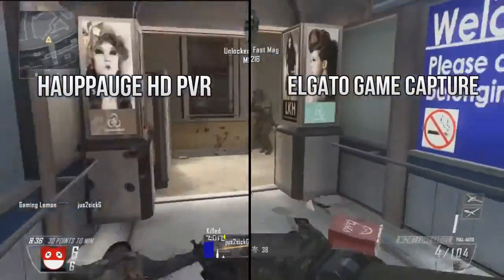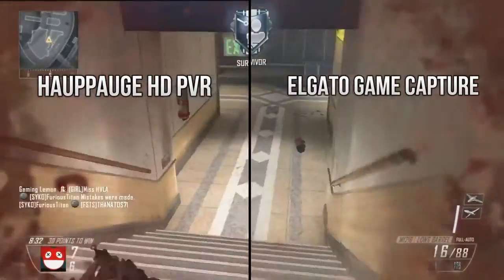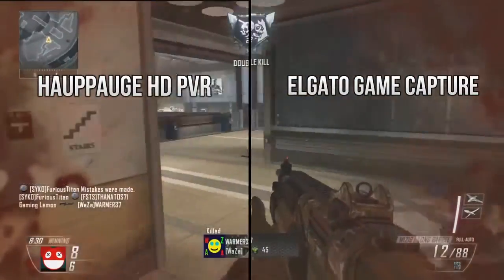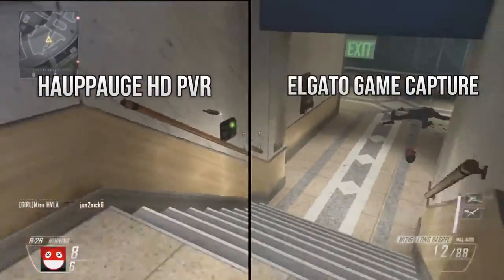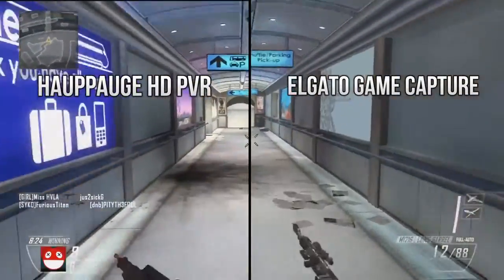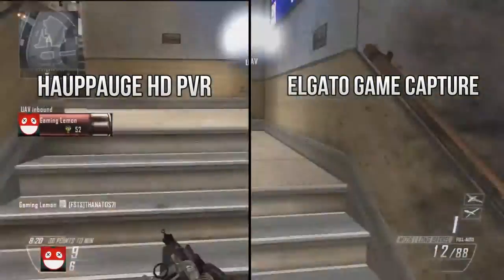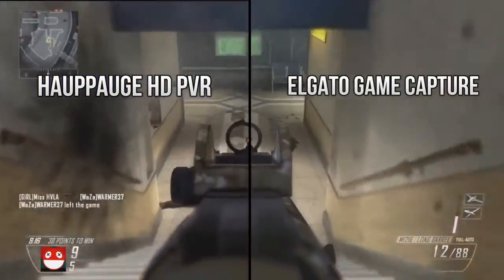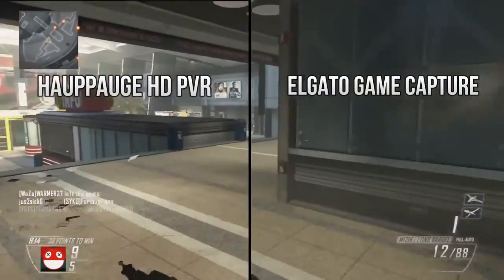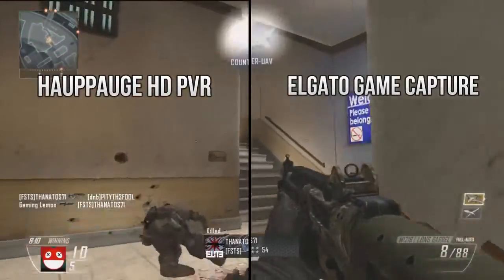You guys can decide. I think there's less colour in the raw footage of the Elgato, but the colour doesn't matter at all if you don't like it, because it can easily be changed in colour correction settings and brightness and contrast settings in your editing software program. But overall, the Elgato, I would say, is definitely a lot better quality. And it's definitely a lot crisper, and I definitely prefer the quality in the Elgato Game Capture HD, and also